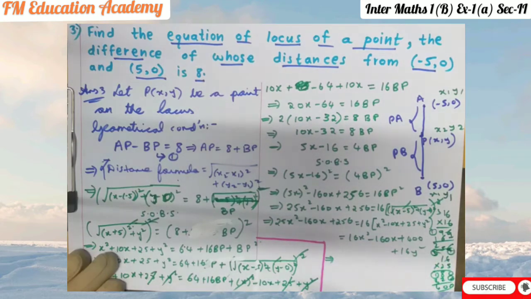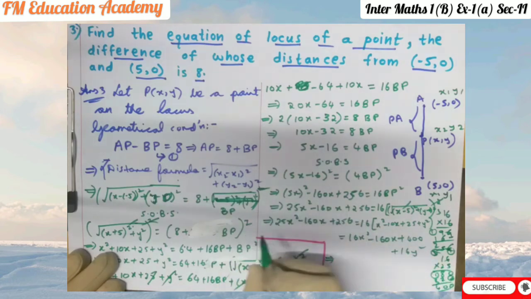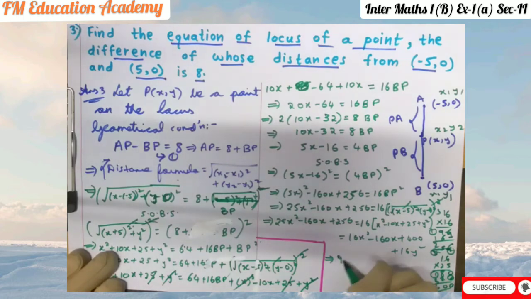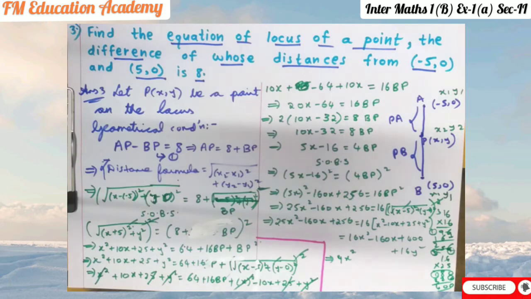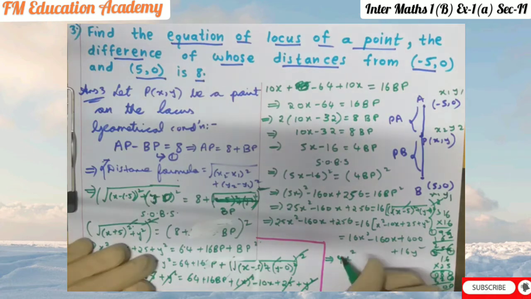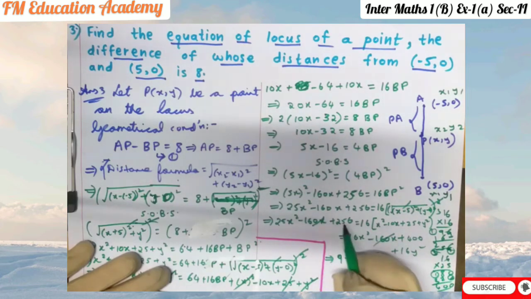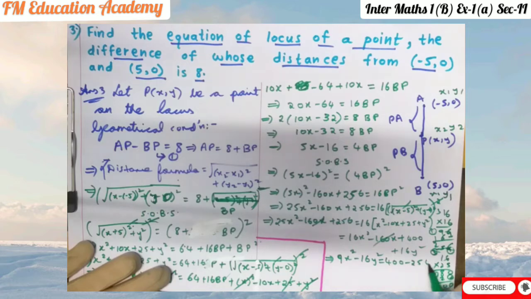So now we have 25x square, here we have 16x square. So 25x square minus 16x square, the 16x square, if it comes this side it becomes minus 16x square. 25 minus 16 is 9. So 9x square plus, what about y square? Here we have only 16y square. So plus 16y square, if it comes this side it becomes minus 16y square is equals to, minus 160x gets cancelled. We have 256 and we have 400. So 400 plus 256, if it comes this side it becomes minus 256. We have 9x square minus 16y square is equals to